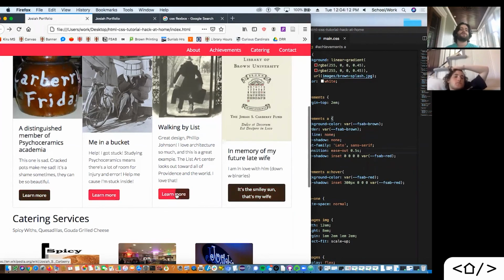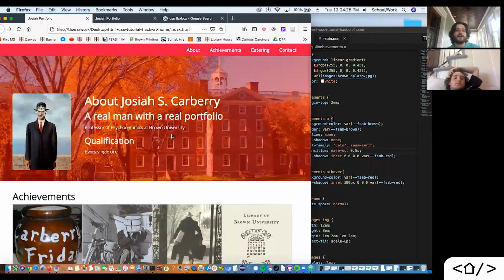to give your users a visual cue that it is registering the fact that you're about to click on it. So that's another thing that you can do with the box shadows. I really like that. I think it looks really cool. But there's one last thing that we want to show you with the hover interactivity, and that's going to be